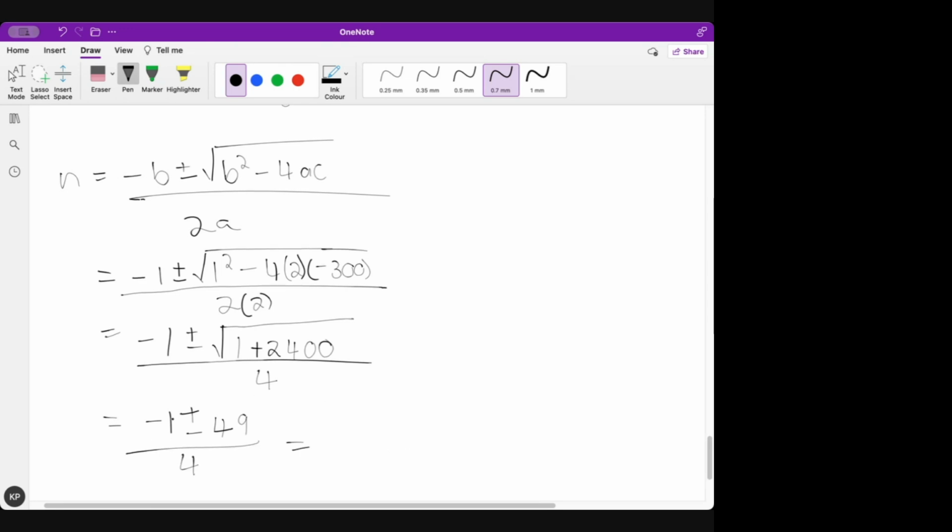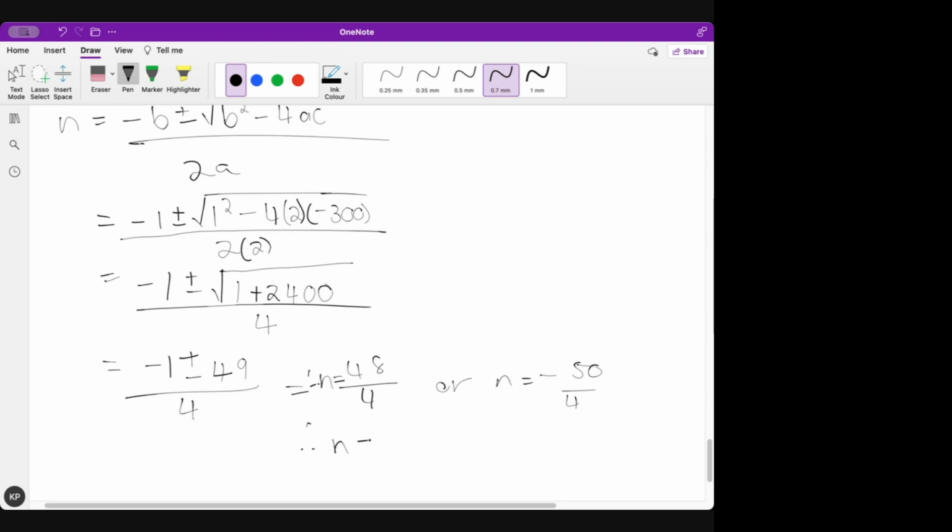Okay, negative 1 plus 49 is 48, divided by 4. Therefore n is equal to this, or n is equal to negative 1 minus 49, negative 50, divided by 4. Therefore this is indeed 12, or n equals, what's 50 divided by 4? 12.5, which, no. Therefore,